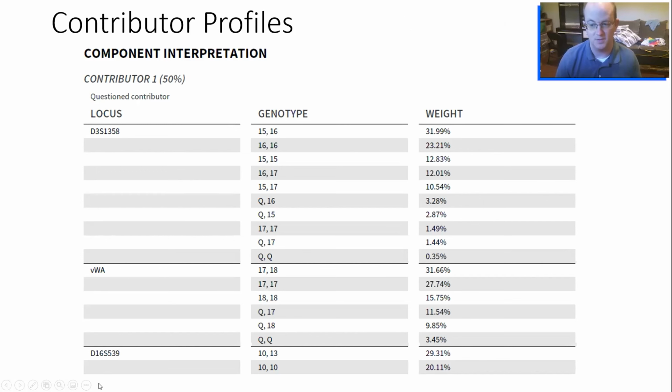So this is just the result for the first contributor in the estimated mixture. It breaks it down by locus here. Just a small subset of the full table is shown. But for this first locus, it is reporting results for a variety of potential genotype combinations that this contributor profile may have at this locus. For instance, 1516 is given a weight of 0.32 or 31.99%. So we end up treating this as if it is a likelihood for this genotype at this locus for this contributor,